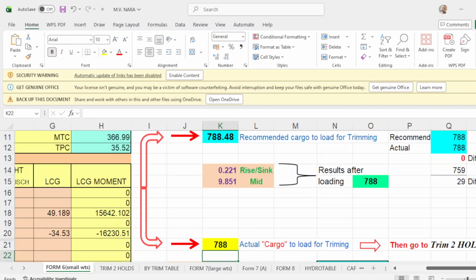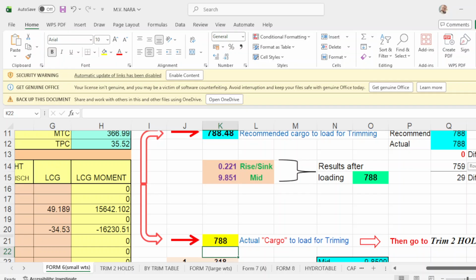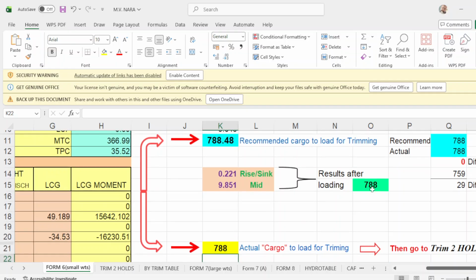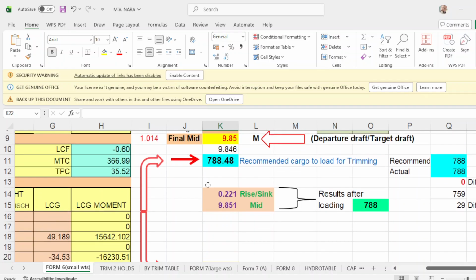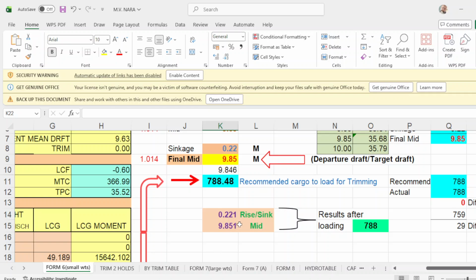So if you load 788, that will be 9.851, which is a little more than 9.85, and your sinkage is 0.221.